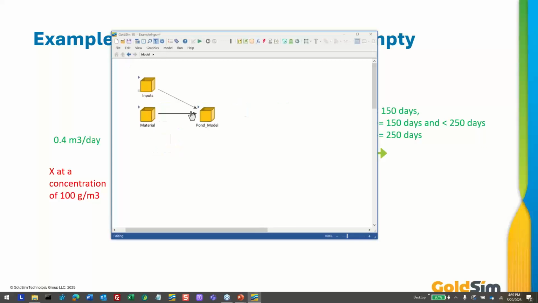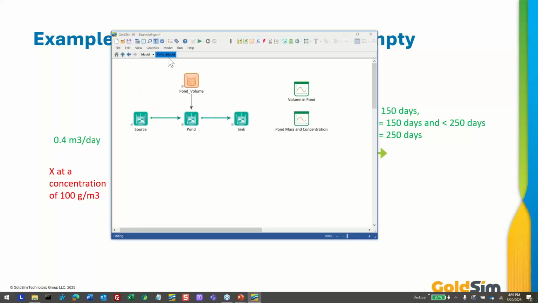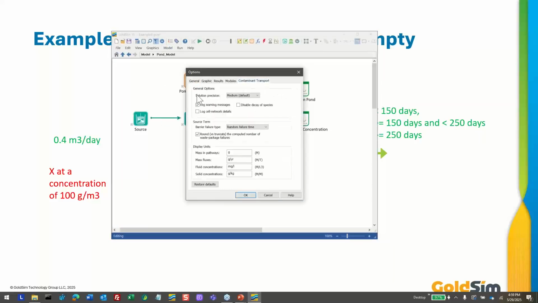And the second thing we have to do is we have to change a setting on how GoldSim does a calculation. And we're going to come up here to Model Options, Contaminant Transport, and you'll see this solution precision. It defaults to medium. We're going to set it to low. And you might say, oh, does that mean we're not going to do accurate calculations? No, it's fine, all right? The solution precision is primarily helpful for when you are doing radioactive decay and ingrowth, and when we have complex solubility systems where we're hitting the solubility limit a lot. Under those circumstances, higher precision allows GoldSim to solve the equations more efficiently,